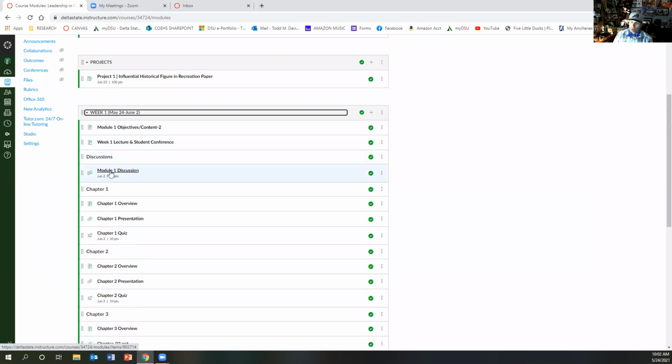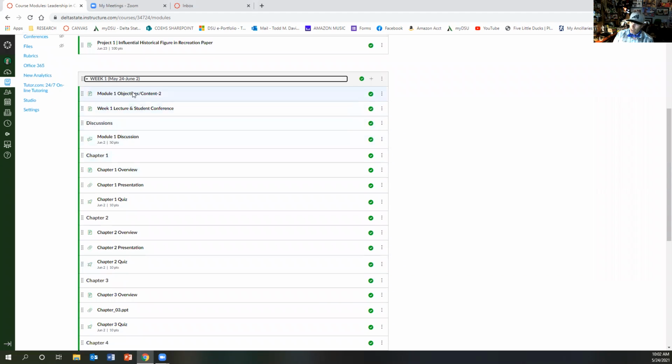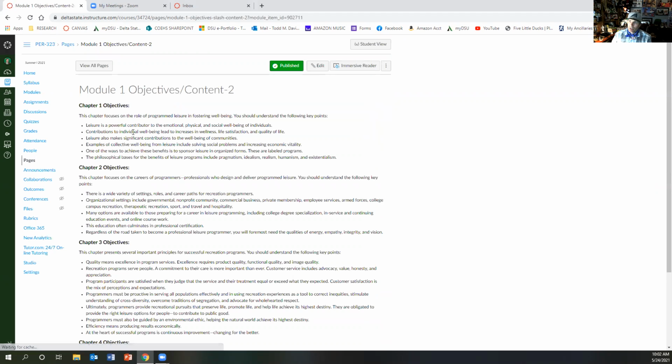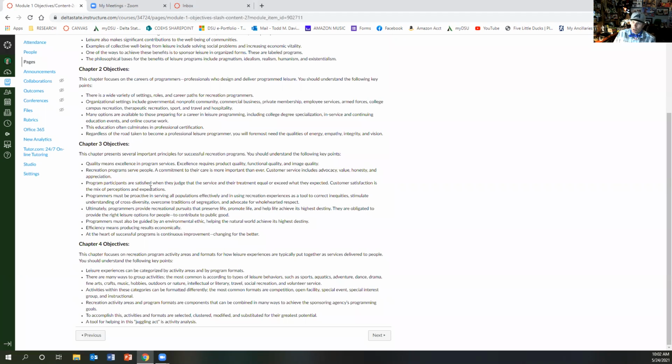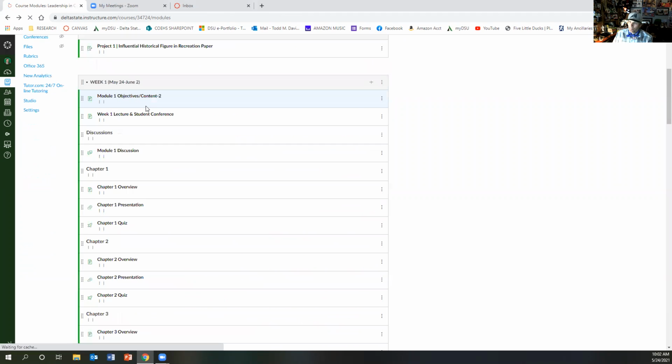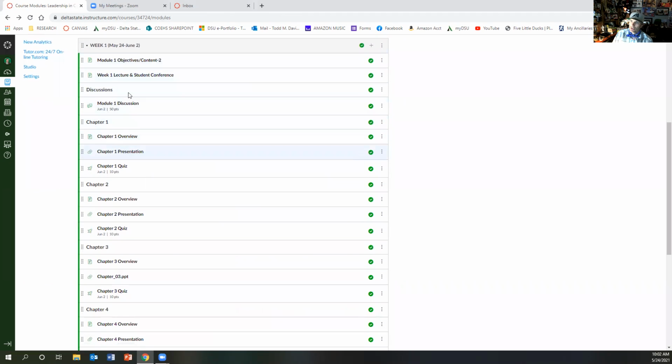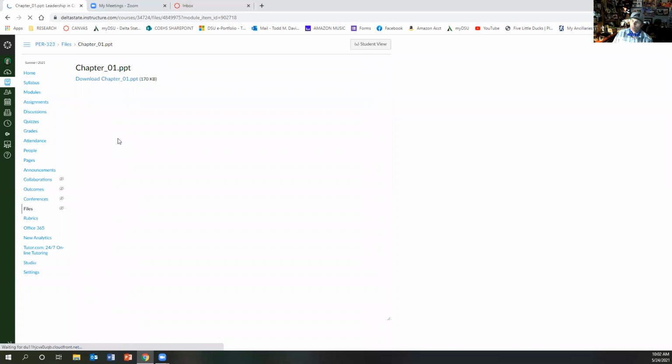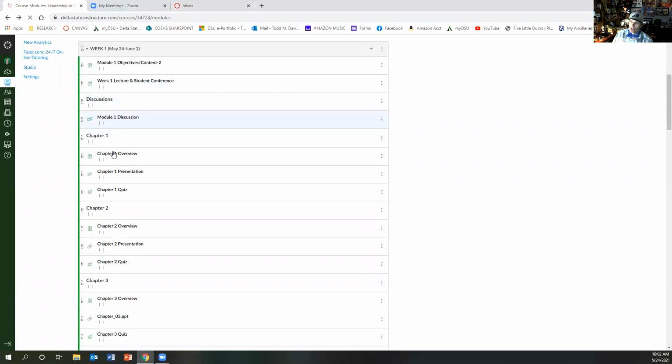You'll also notice that each module has a lecture assigned with it, and I'll go over that in a moment. But inside the modules, you'll see that you have your content, your objectives. I'm encouraging you to read through those and see what those are and how they play into the content of the course. You'll also notice that each chapter has an overview itself and the PowerPoint presentation. The overview essentially gives you